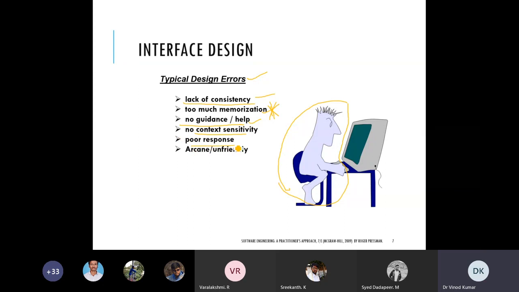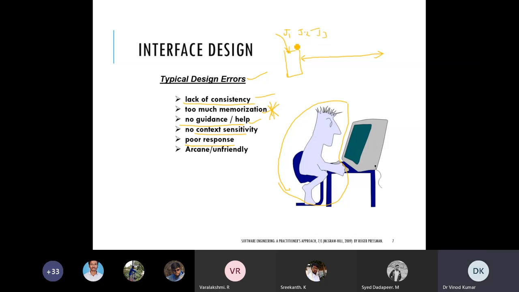Poor response. What is the meaning of response? This is a very good term that you need to understand. Suppose you have a system, and you put in some tasks, like J1, J2, J3.